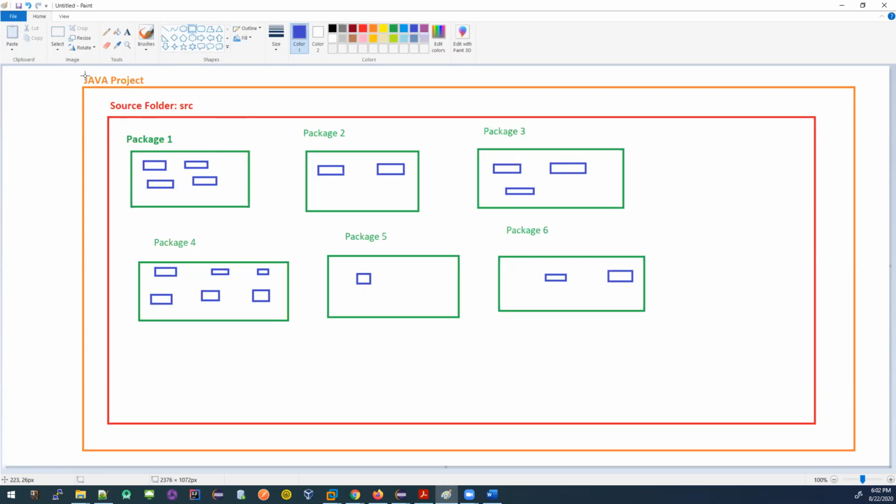So this is your Java project folder, the source folder, SRC, and inside it you have 6 more folders. These are package folders. Inside the package, you have your Java files. This package has 4 files, this has 2, 3, 6, 1. Why do we need to have this kind of structure?